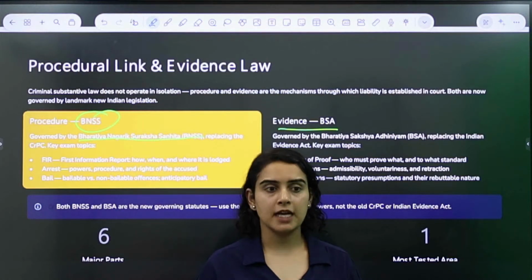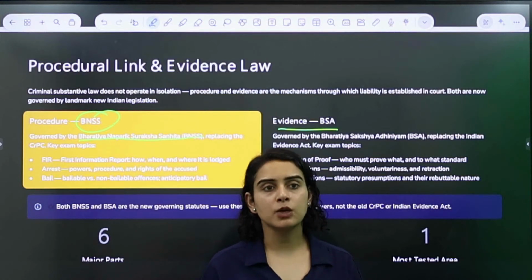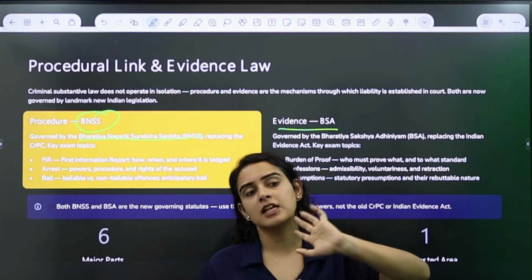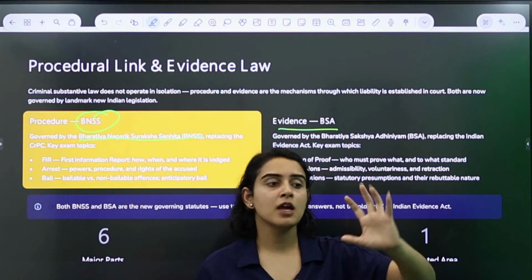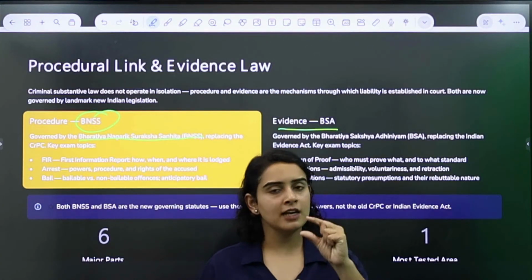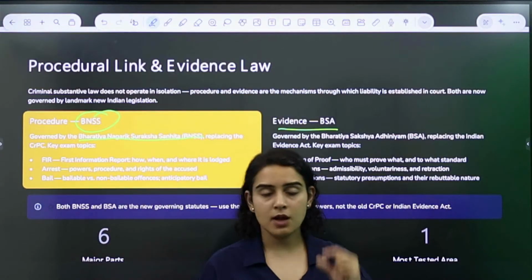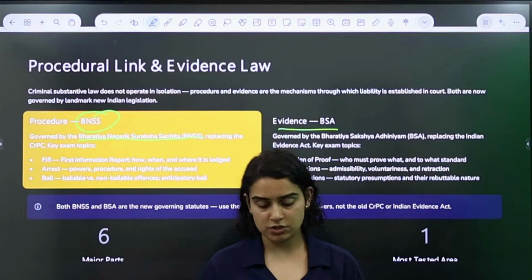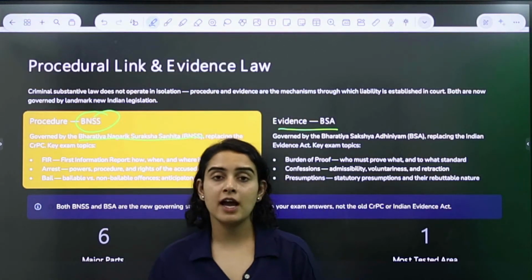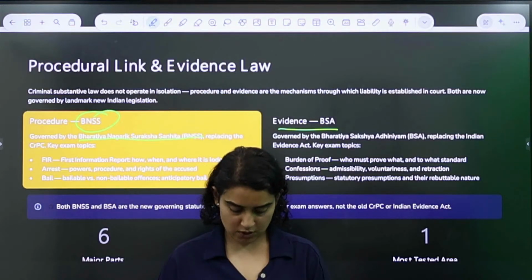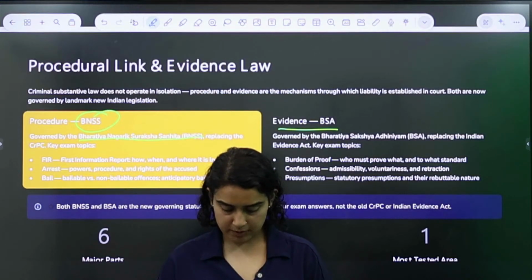Evidence Act, right? A lot of times we get questions around the Evidence Act where they just introduce what the Evidence Act is, and then they'll ask you some questions based on the same, whether the Evidence Act is going to be applicable on the same or not, right? So if you have a slight idea about what this law is, how this legislation functions, it's going to be easier for you to answer these questions. So now these were a few things that I had to share with you regarding criminal law, right? If you have any questions around the same, you can let me know.